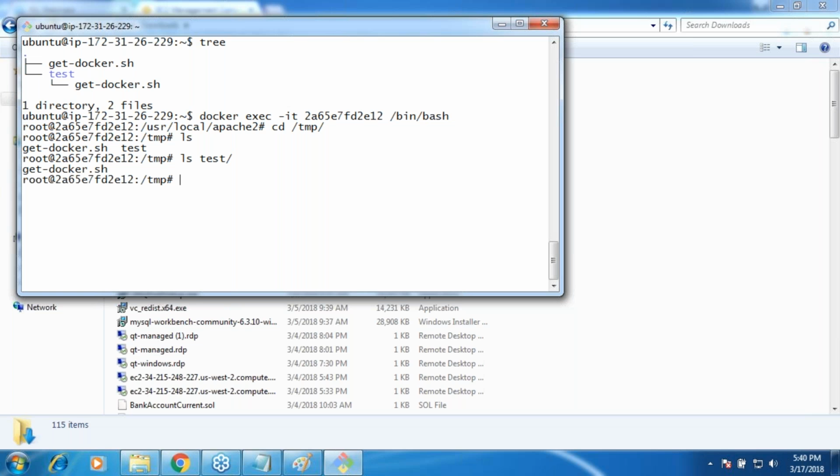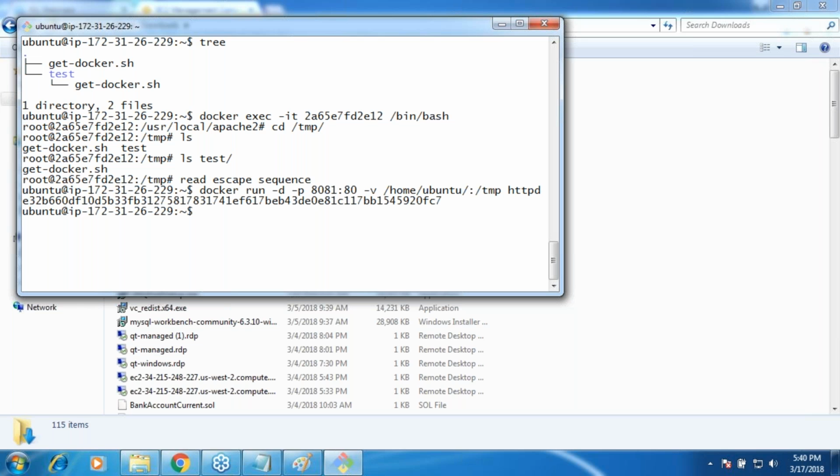So now what is an advantage of it? You can argue with me about what the advantage is. Okay, let me show you that advantage. I'm launching a new container. Yes. Now what are the two containers reading the data from? /home/ubuntu. Yeah.